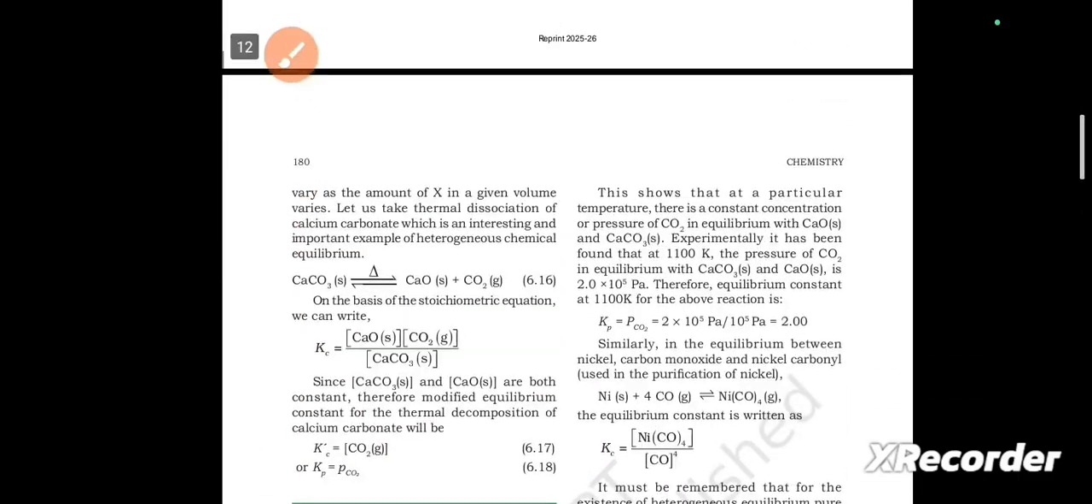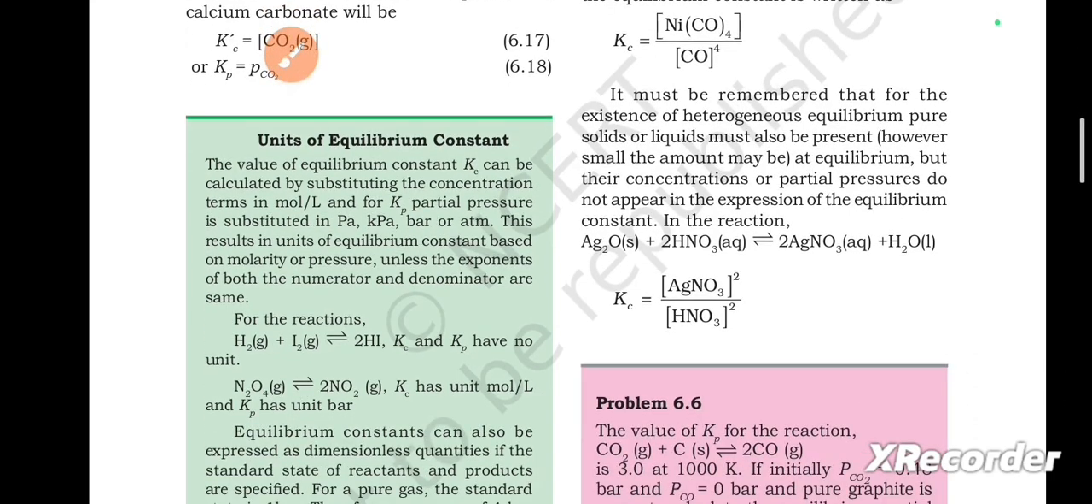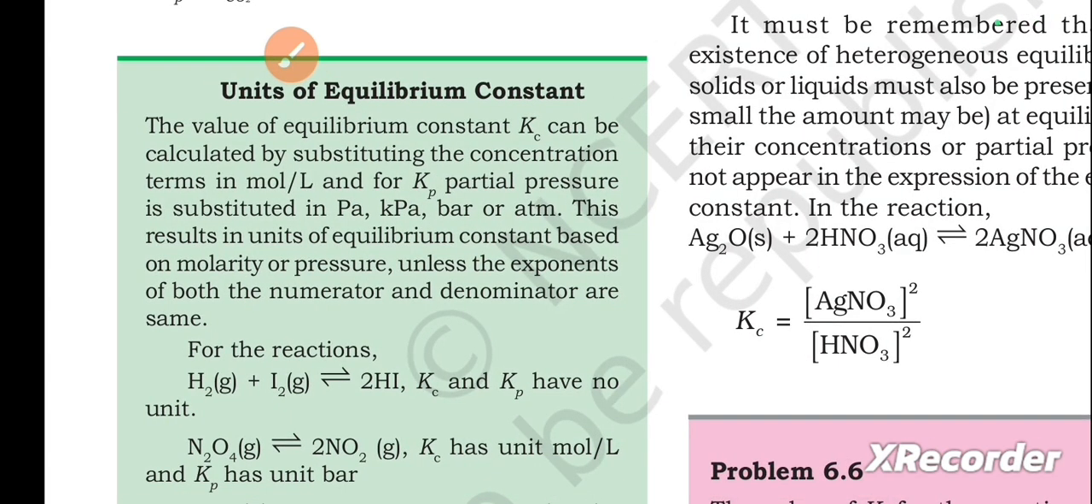Next, here a green box is given. Let us see what it is. Units of equilibrium constant. The value of equilibrium constant Kc can be calculated by substituting the concentration terms in mole per liter, and for Kp, partial pressure is substituted in Pa, kPa, bar or atm. This results in units of equilibrium constant based on molarity or pressure, unless the exponents of both the numerator and denominator are the same. For the reactions,